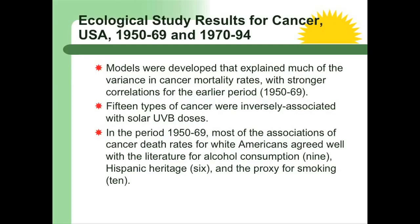So after the first publication, the head of epidemiology at the American Cancer Society, Michael Thun, said, well, that's interesting, but you haven't included the other cancer risk modifying factors. So I put in smoking, alcohol consumption, Hispanic heritage, because white Americans include Hispanic as well as non-Hispanic, urban residents and poverty, redid the analysis and found that